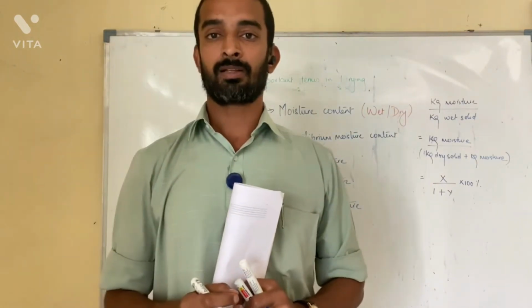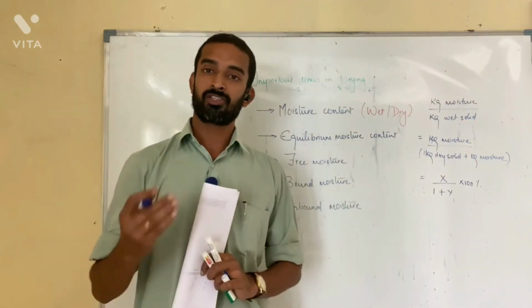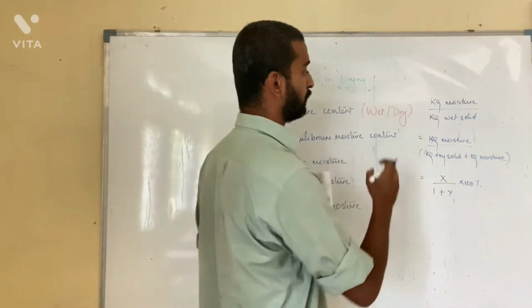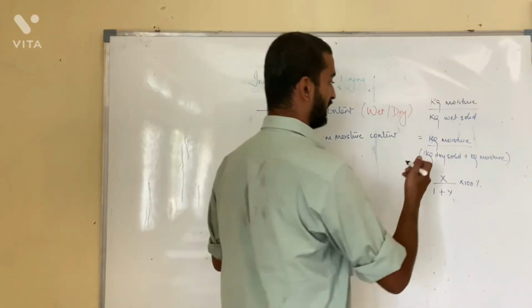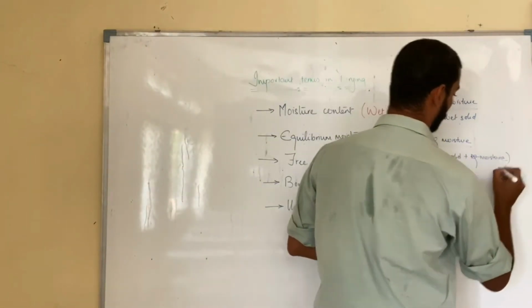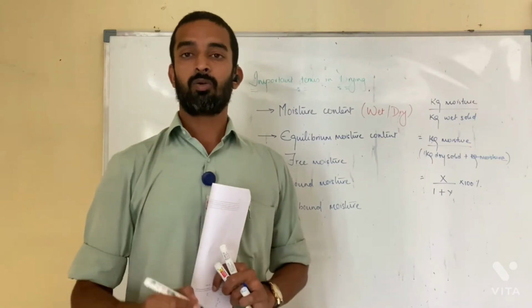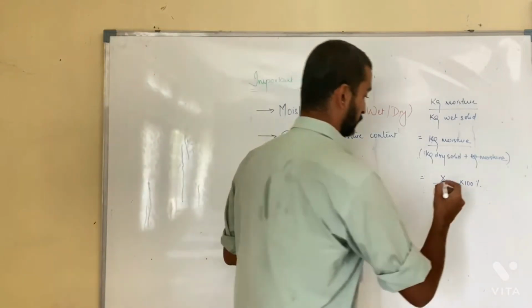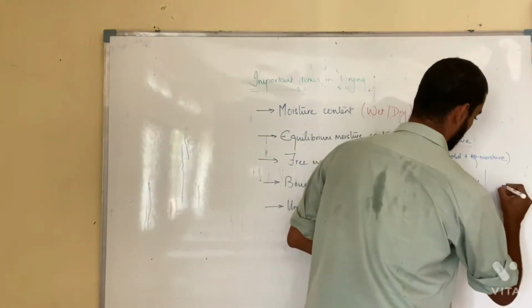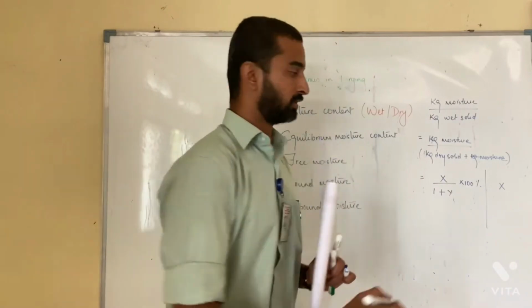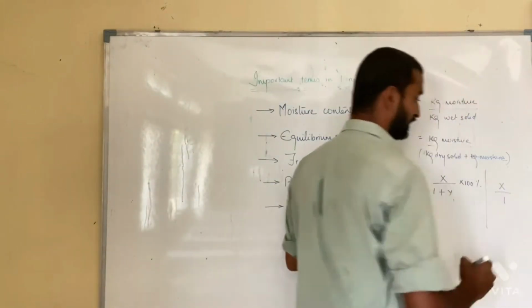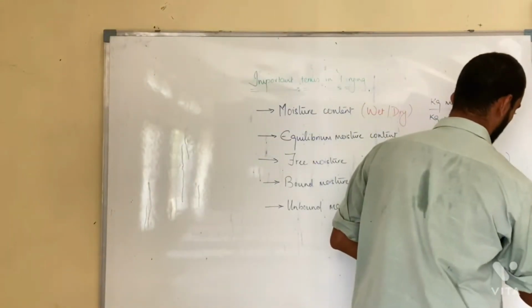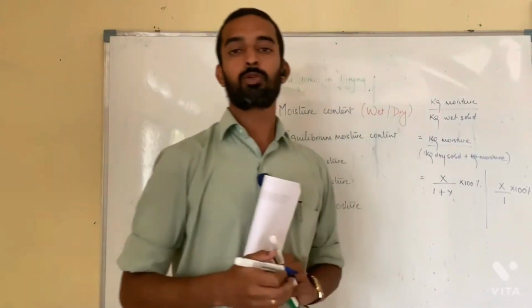Now, यही चीज को moisture content if we want to find out in terms of dry solid, this same equation can simply be replaced: you need to remove this kg of moisture from the denominator. Now, the equation becomes kg of moisture upon kg of dry solid. So I can simply say for this it would be only x, because at the bottom it is just x upon dry solid is 1. And if you want to again find it in terms of percentage, you multiply this with 100. These are the two commonly used notations.